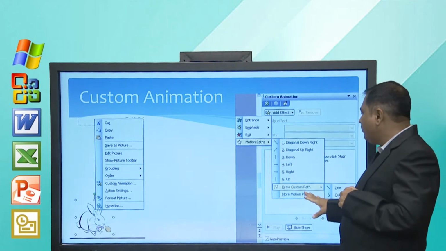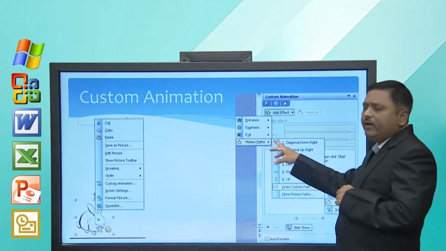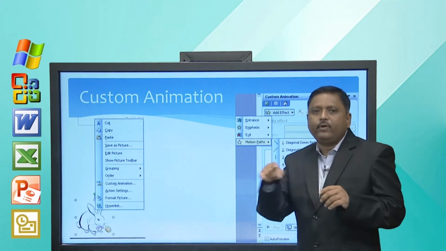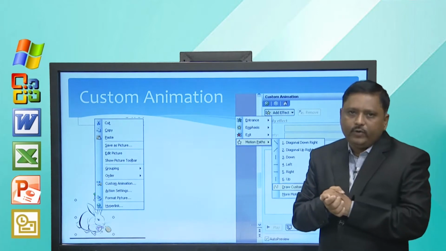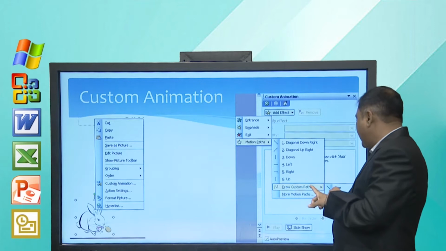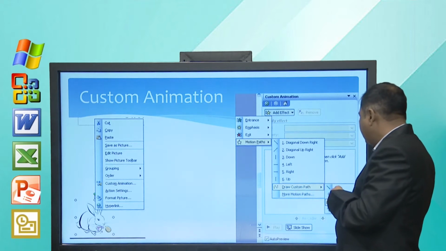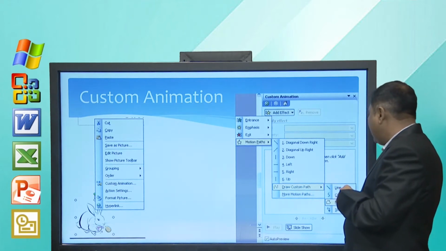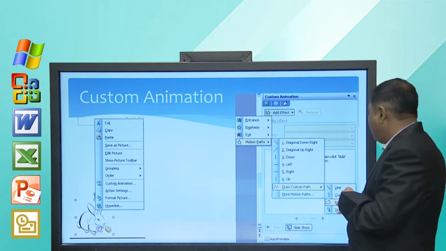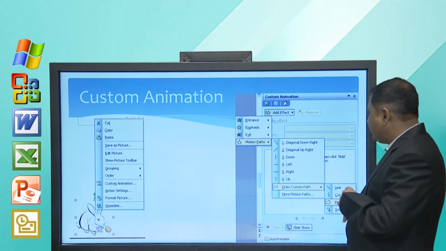Here we have different kinds of motion paths, but if you want to create a random path for your object, then you can select draw custom paths, and inside draw custom path we can select either scribble, freeform, curve or line. You can select any of these.